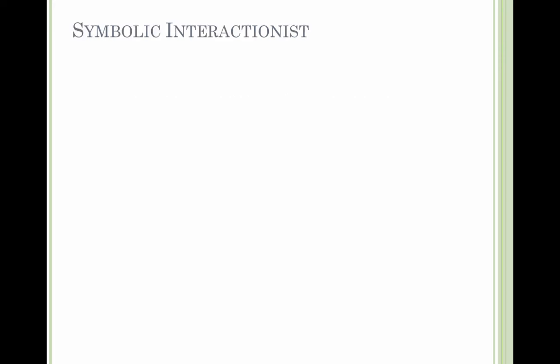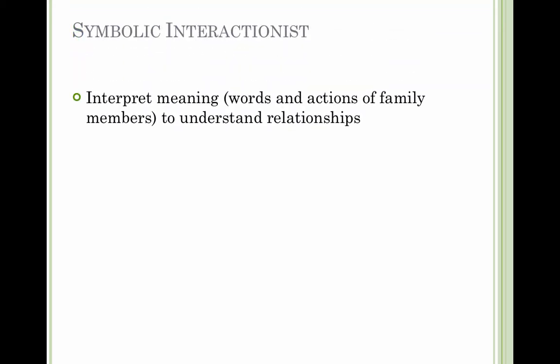The next one we'll look at is what's called symbolic interactionalists. Now, this is one of the few that we'll talk about that is a micro view. It looks at things in a much smaller view. According to this particular theory, individuals develop a sense of self, status, and role through the attitudes and relationships of others, and they develop a sense of role that they are expected to fulfill. Putting yourself into another's place is called role taking, and role strain is a sense of discomfort felt when you have too many things expected of you.